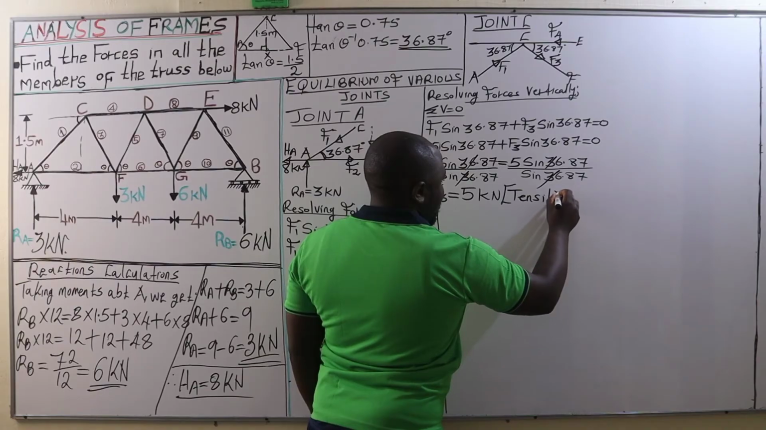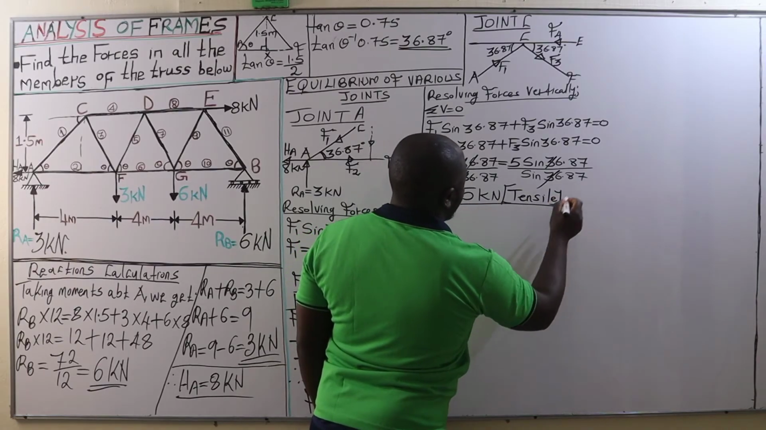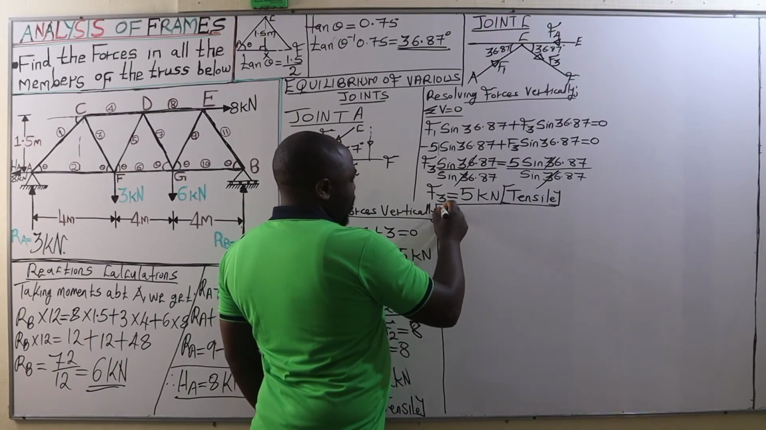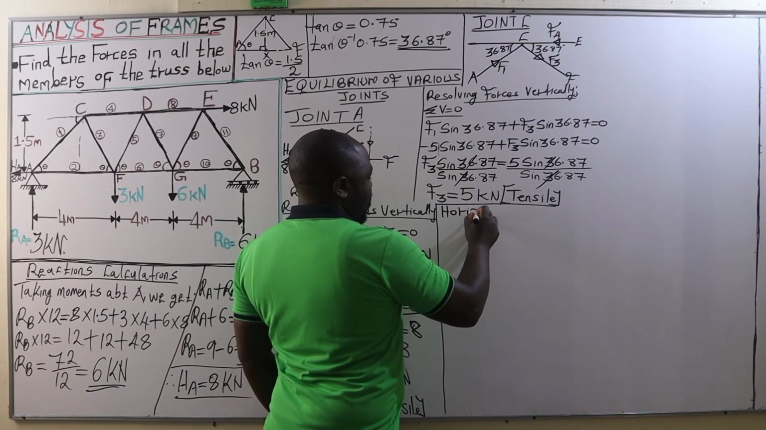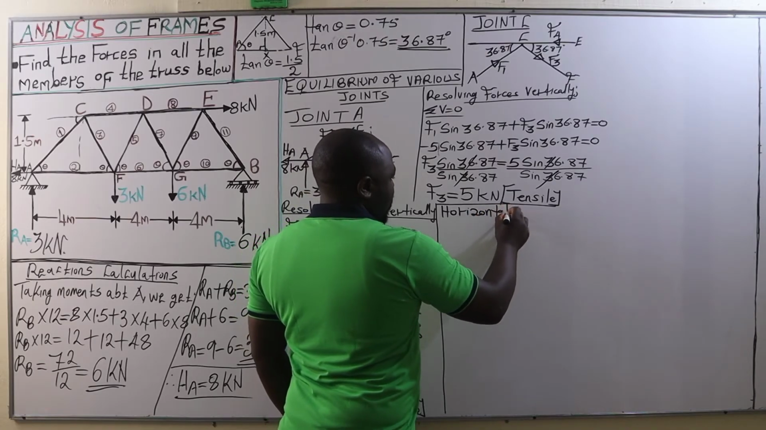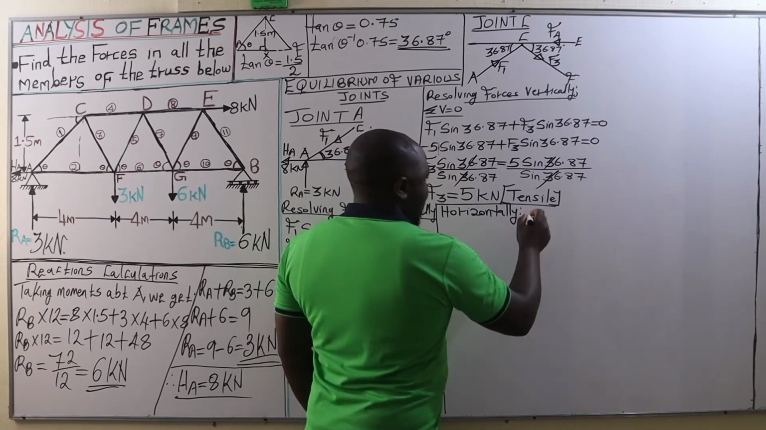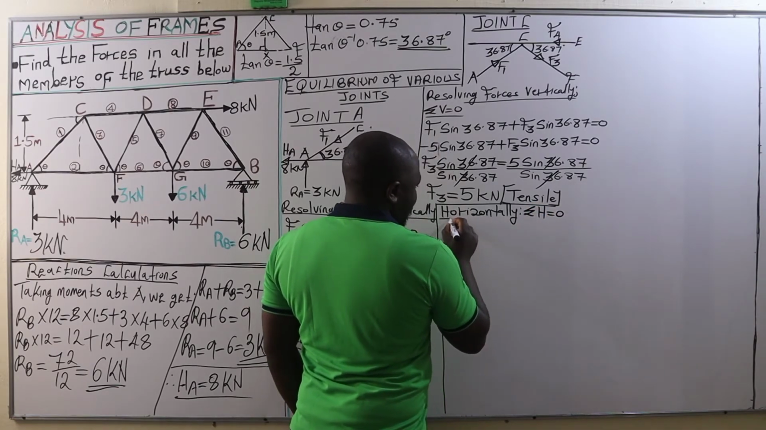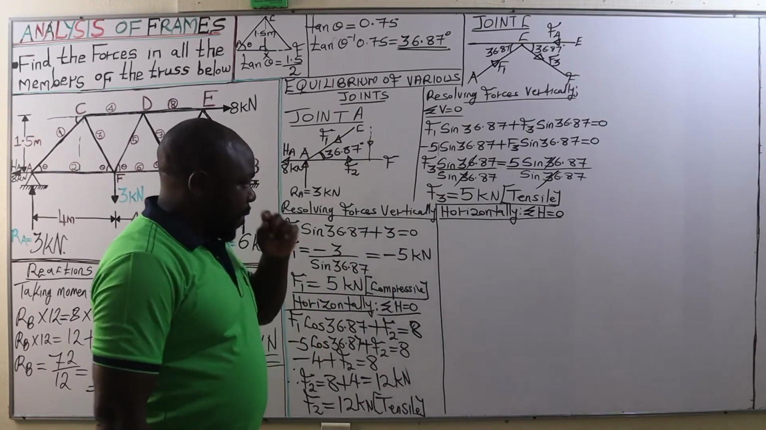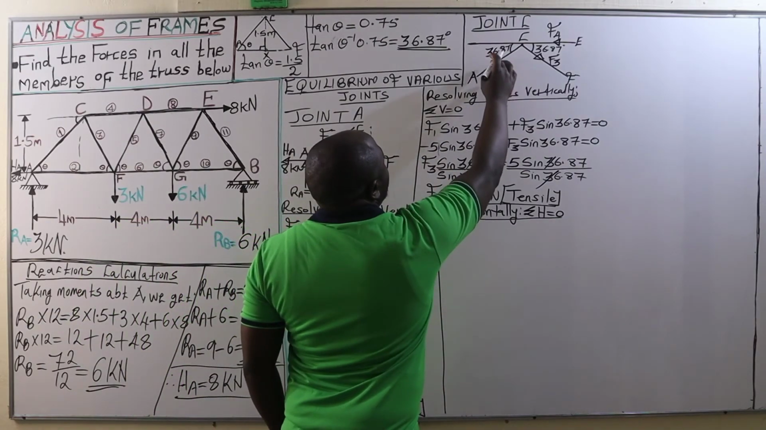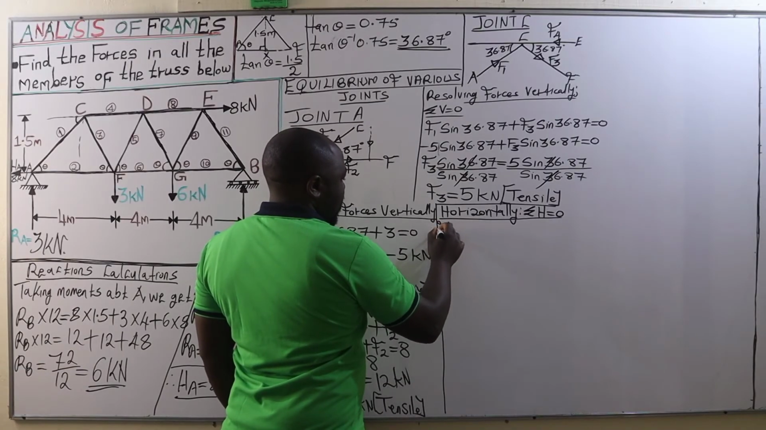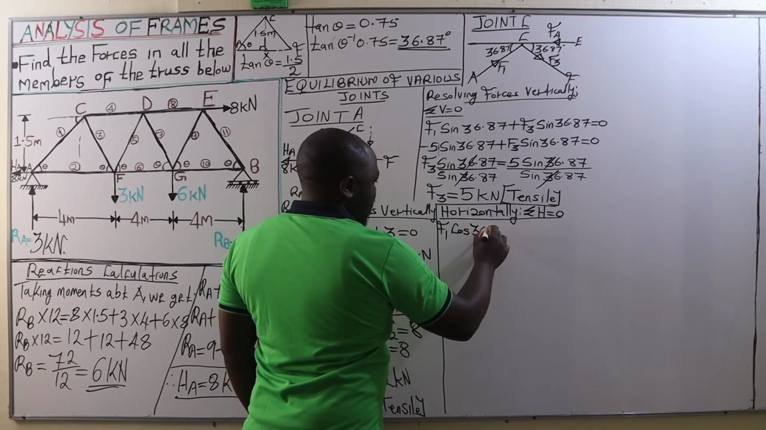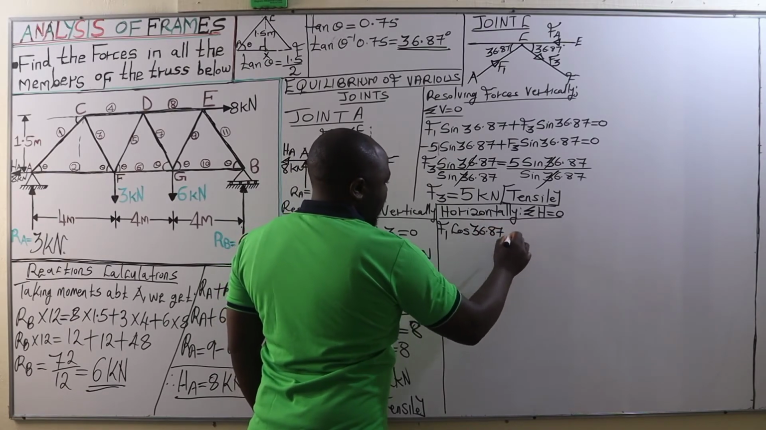Therefore, F3 is a tensile force. So after resolving the forces vertically, we are going to resolve the forces horizontally. Therefore, resolving the forces horizontally and applying this principle of summation of all the horizontal forces being equal to 0, we are going to have the following: F1 multiplied by the cosine of 36.87